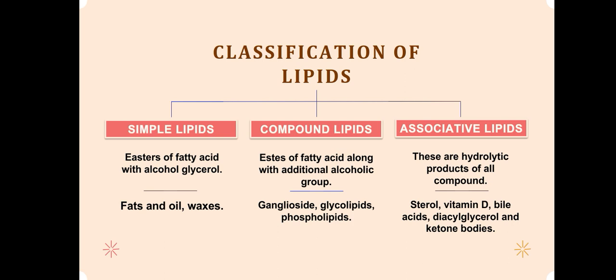Associative lipids are also called derived lipids. These are the hydrolytic products of all compound lipids, and their examples are steroids, vitamin D, ketone bodies, etc. Some derived lipids are also known as true lipids, for example, eicosanoid, sphingosine. It is present in our cell membrane, and it functions in inflammation, allergic responses, and